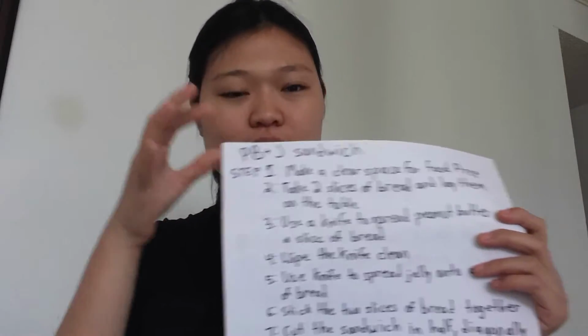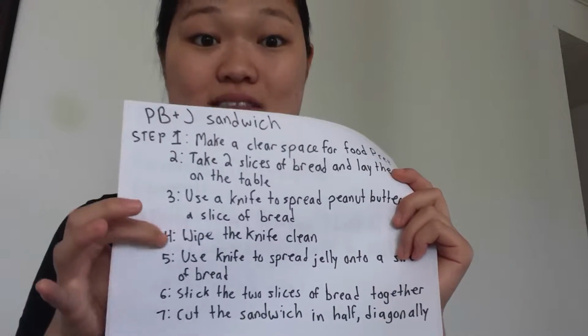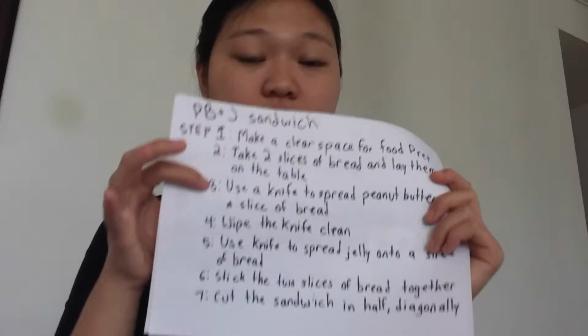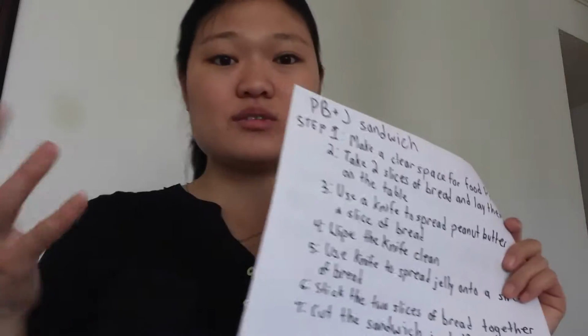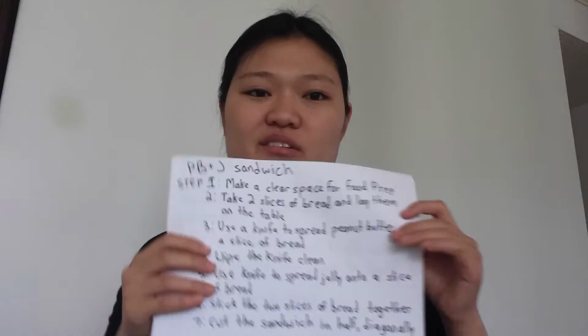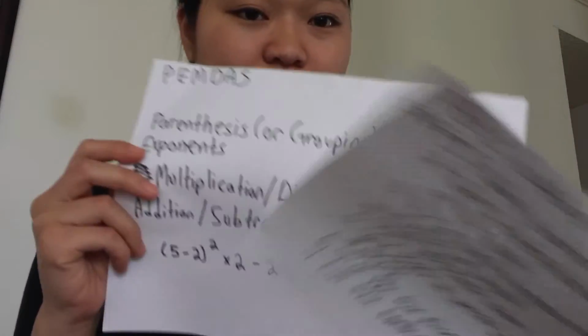And so, kind of like cooking, math is the same way. Some things have to be in the order that they come in. So you have to do step 1 first, then step 2, then step 3. Other times you can kind of play it by ear. If your jelly is closer than your peanut butter, you can grab your jelly first and put it in your sandwich. And the reason I'm telling you this story in math class is because we have something similar